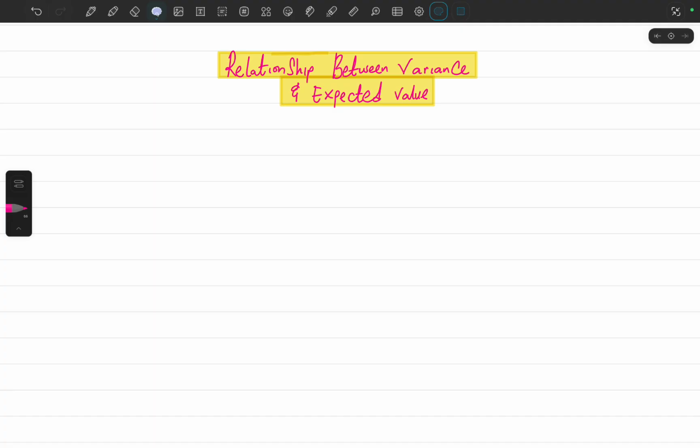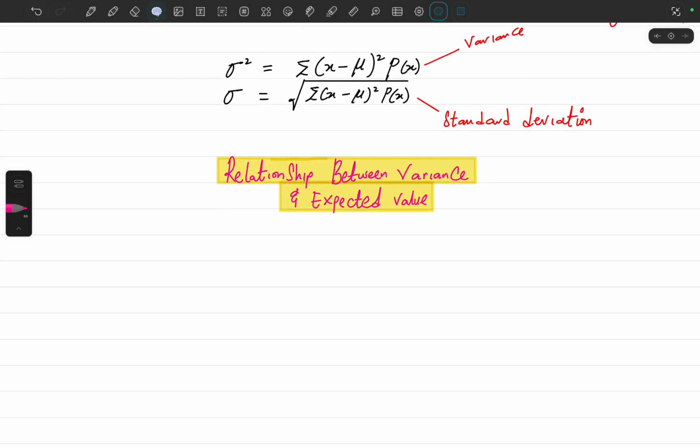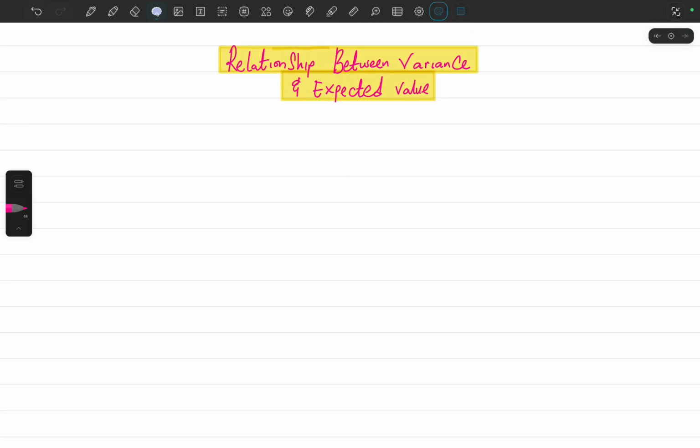So a way to think about it right now is like this. Let's do it this way. What we know now is that the variance of x equals the summation of x minus, I'm going to just use the mu,